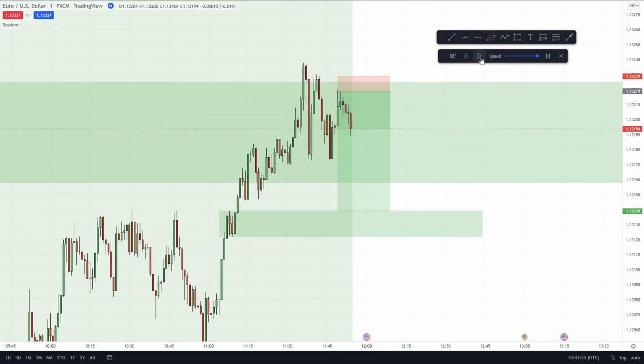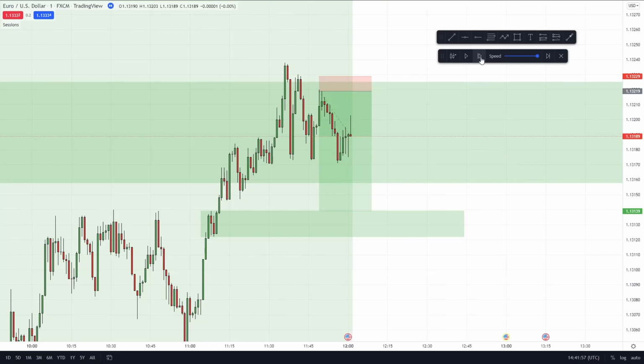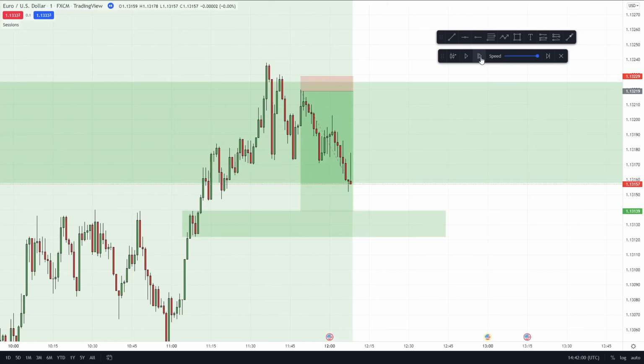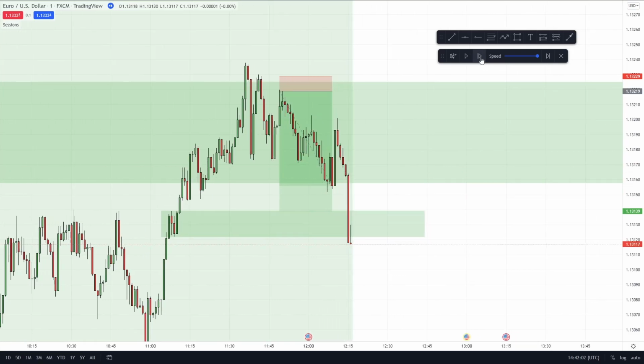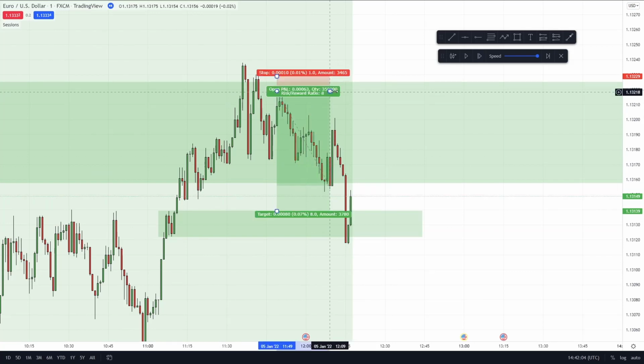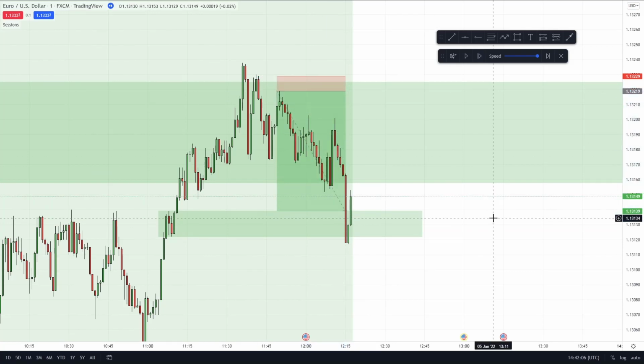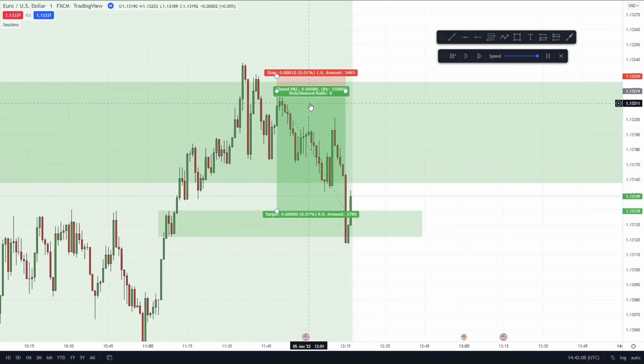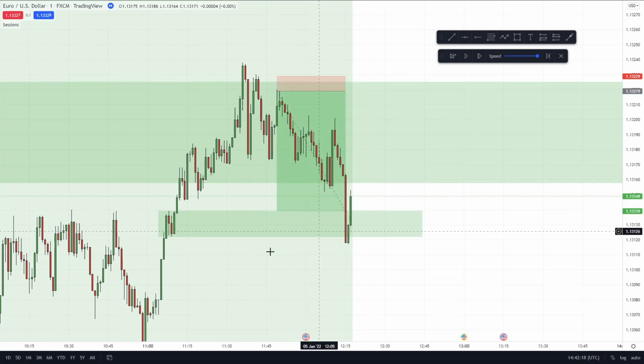Playing out the trade, as you can see, price drops down pretty quickly. We get little pushes up, slightly bigger push up, and then boom, absolutely smashes to the take profit. I took some partials along the way. I took off half my position at 1 to 3 and then let the rest run. So I didn't get 8R out of this totally. I did get close to that, but it is an 8R trade that I'm extremely pleased with, and it played out